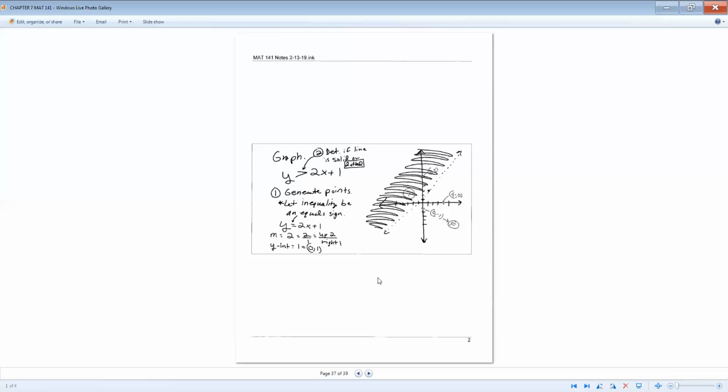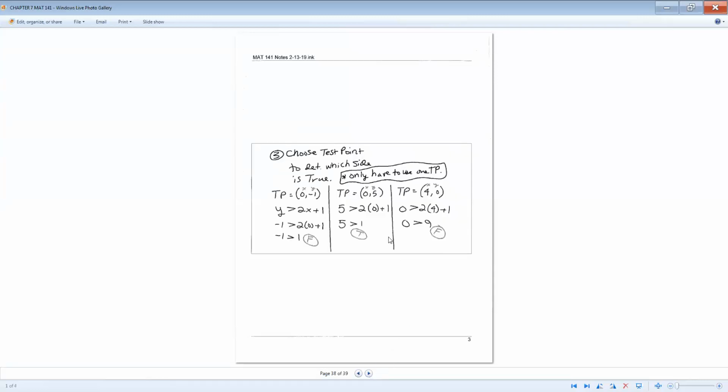So now I want to shade the true side. So what I'm going to use is a test value. You want to choose a point that's definitively on one side of your line, and it doesn't matter what point you choose. One point represents how all the points react on one side, and then it represents how the other ones act on the other side. So I'm going to choose a few points to show you what that means. But when you're doing it on your own, all you really have to do is choose one point. And if it's true, then that means the other side is false. Or when you plug it in, if you get false,